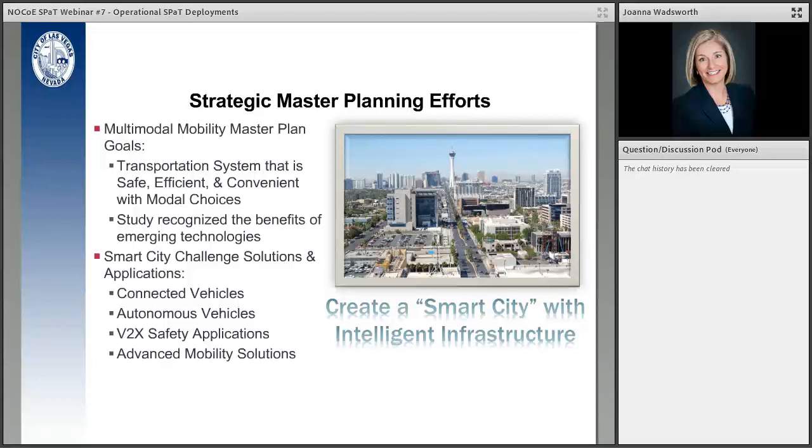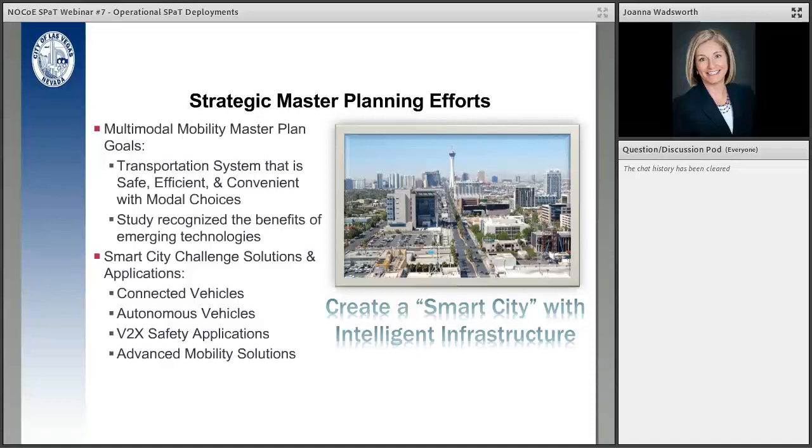So as a traffic engineer, I have to say it's just a very exciting time, that technology is developing at a rapid pace, and it's providing us new tools to solve the challenges that our communities face. So for the City of Las Vegas, as far as why we jumped into our DSRC deployments and our smart city deployments,